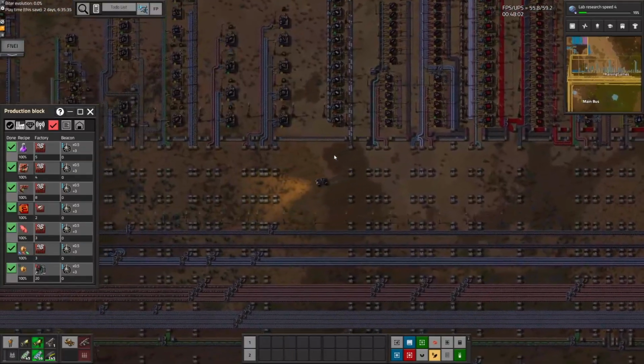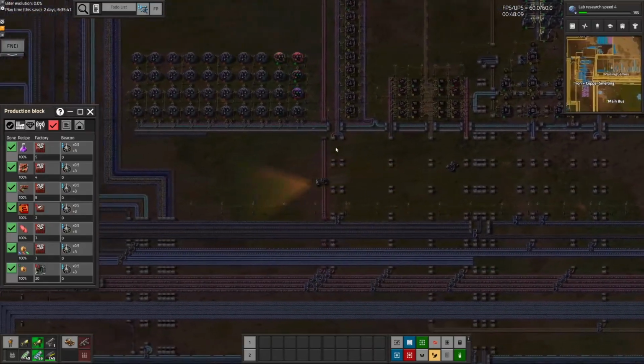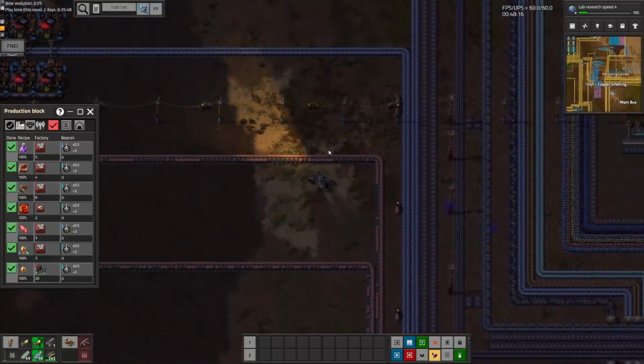We can solve that. Let's go grab a bunch of iron and throw it into a chest and throw it into that assembler, and eventually it will fill up. We have to just be careful, though, that it doesn't accidentally clog the system. We also need to look at expanding carbon properly. Well, I say properly, but just